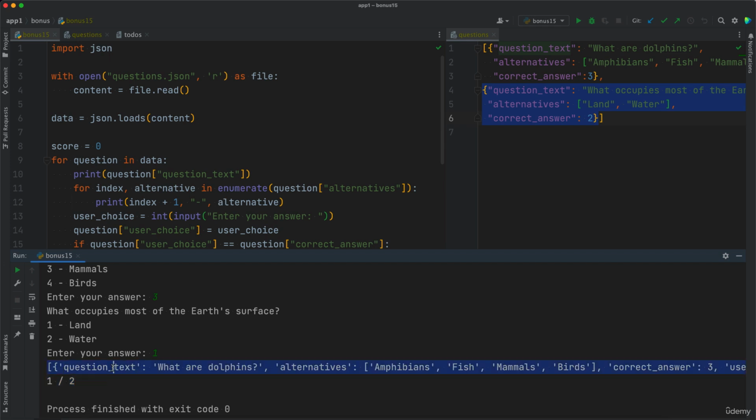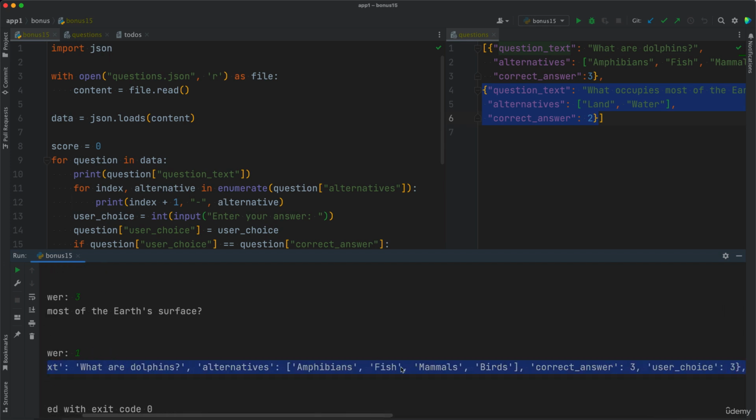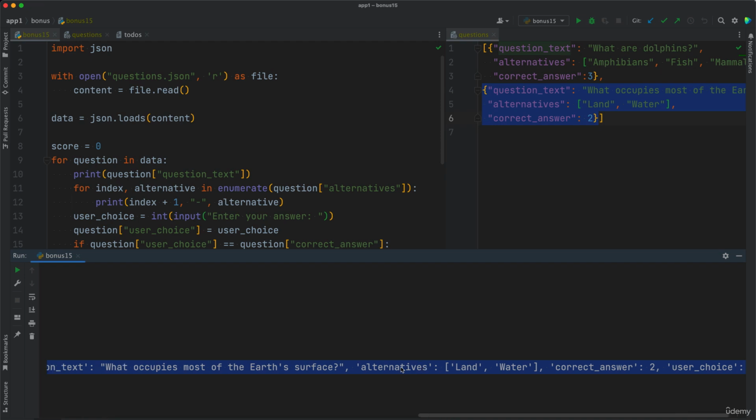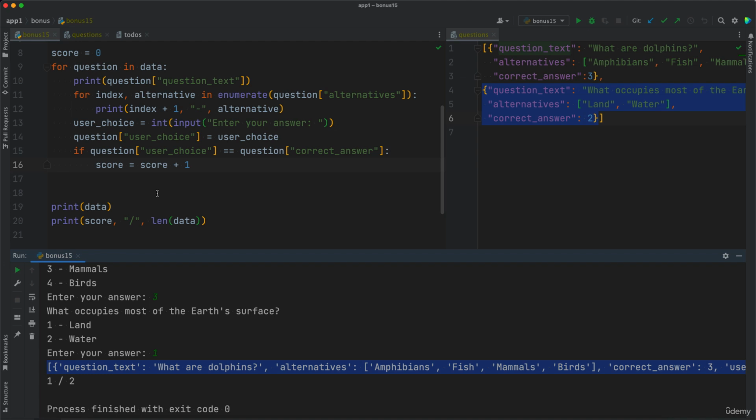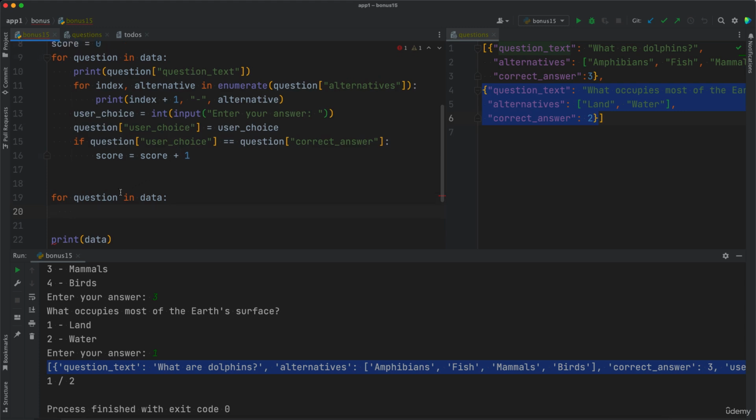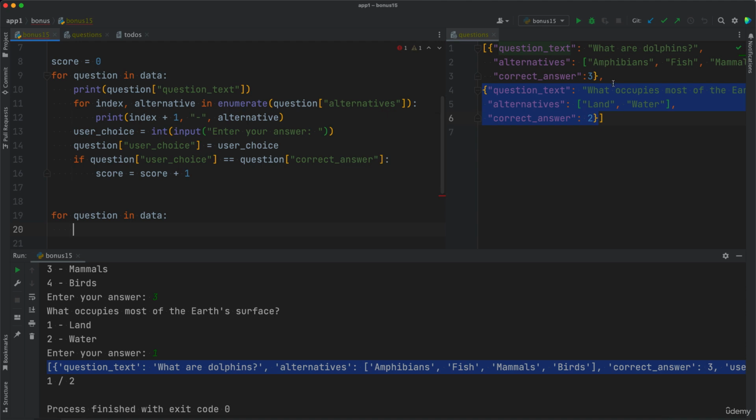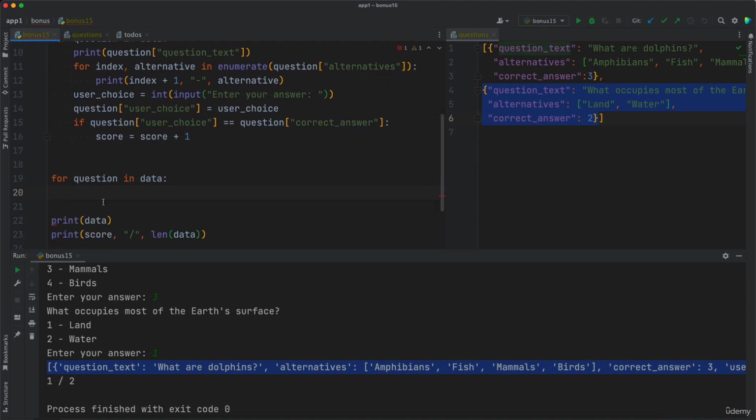Now we can print out this data here, but these are not very user-friendly, so we want to parse them now to make them more readable for the user. Therefore, we want to iterate for a second time for question in data. This time, of course, the iteration will occur over the updated data with the user's choice inside those data. So for question in data, question is the dictionary,